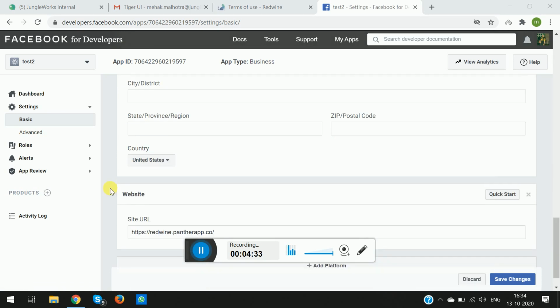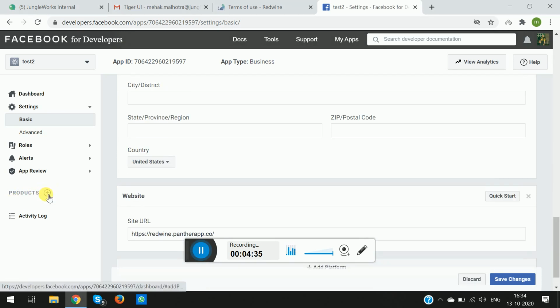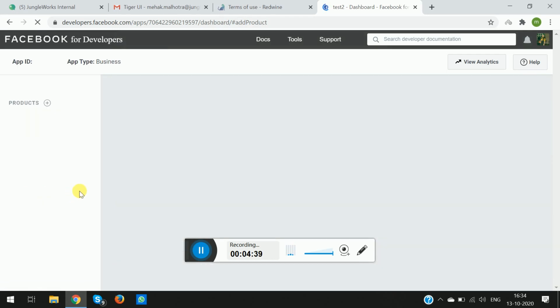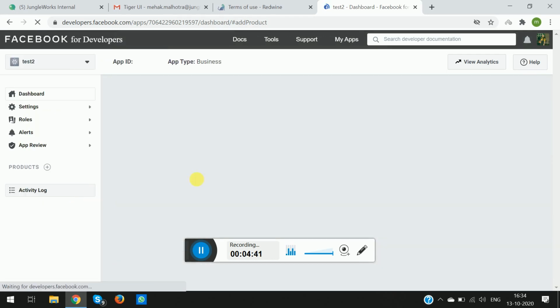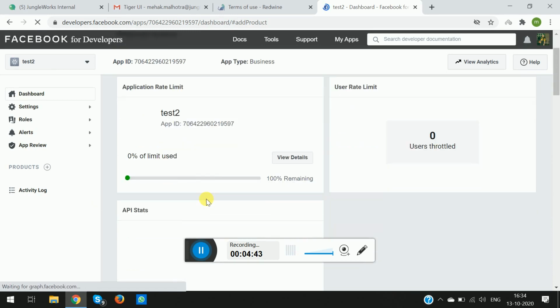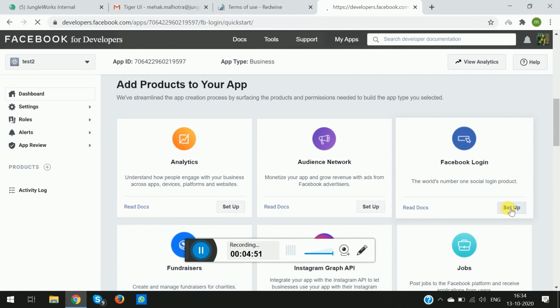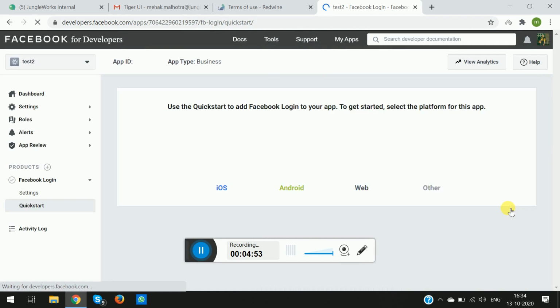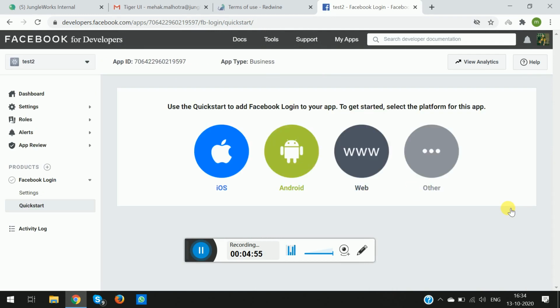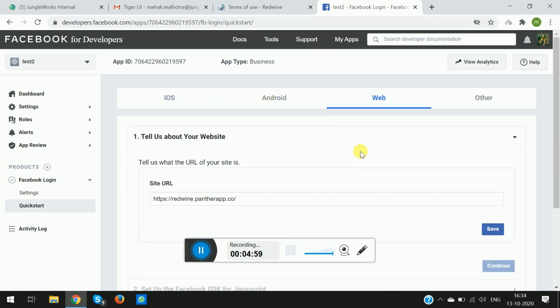Once saved, we go to Products and click on Add a New Product. On clicking on this plus sign, you will be redirected to the Products dashboard. You scroll down a little and click on Facebook Login Setup. Once clicking on it, you will see a few options. You click on www.